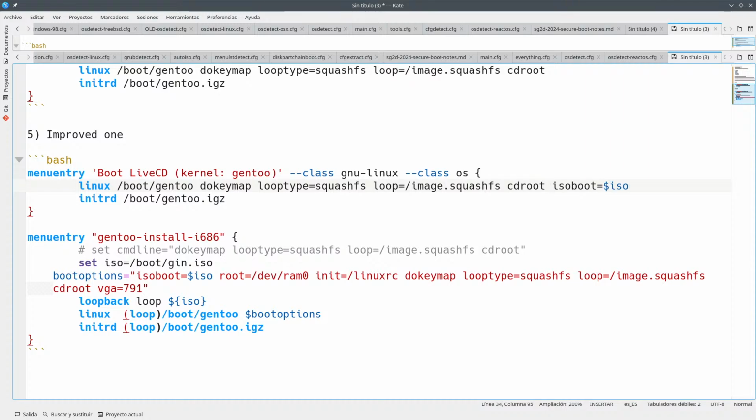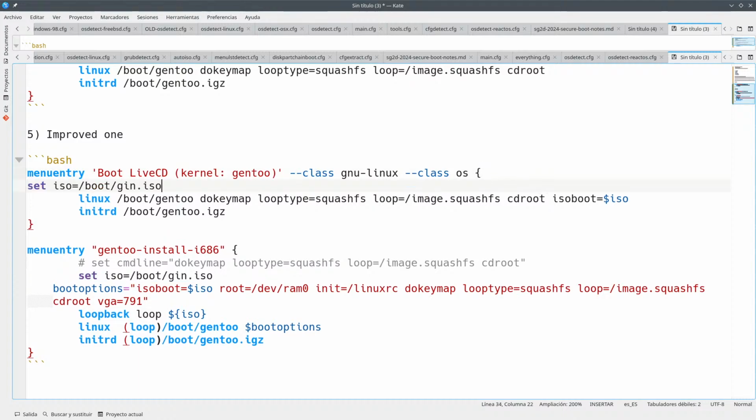Okay, and then what you usually do is make this a variable, because it's something that you want to modify. So this is something like my ISO path. Okay, and then here you say my ISO path.